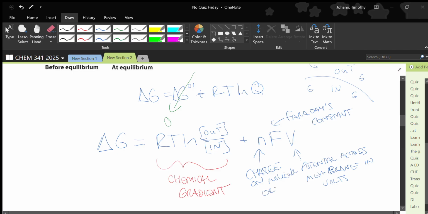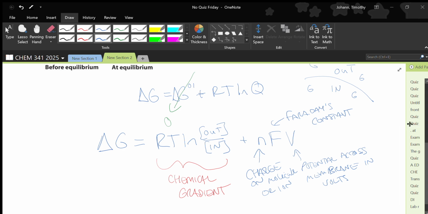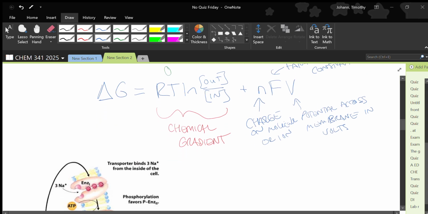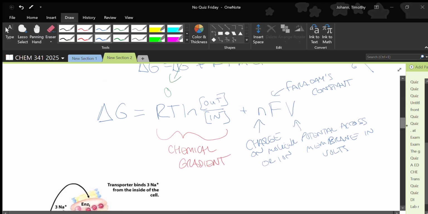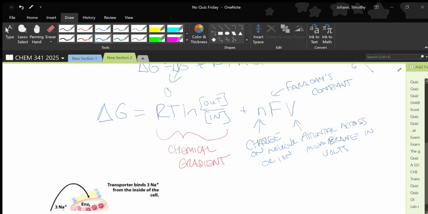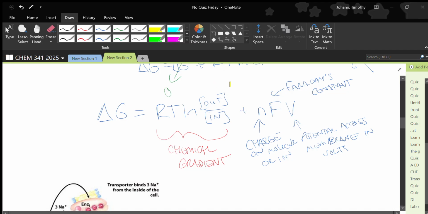Molecule or ion. So when I say ion, I mean the molecule itself is going to be an ion, or the term is not going to count. But that's the charge with the sign. So here's what my question is going to be before I go on. If I take this equation or something like it,